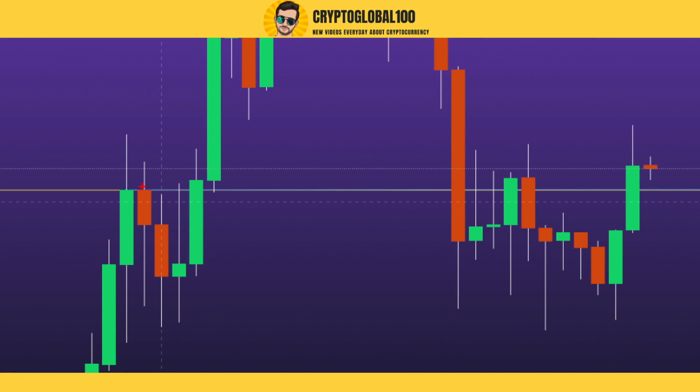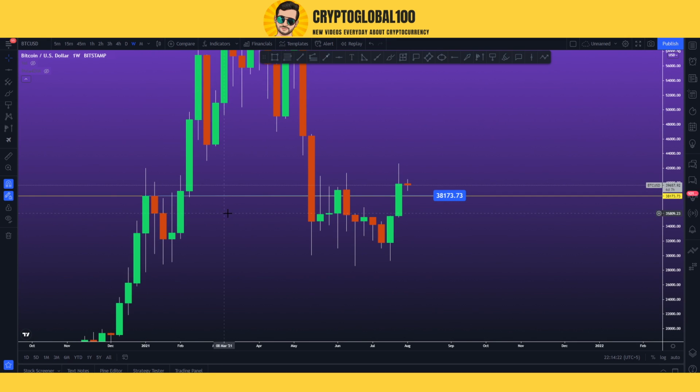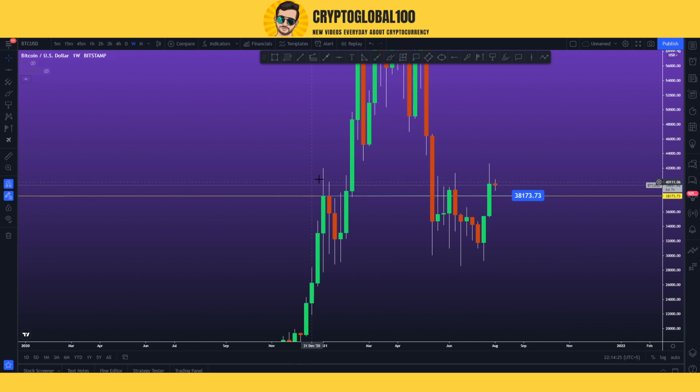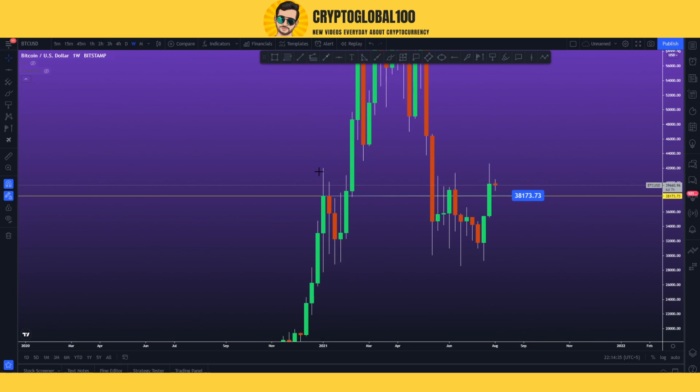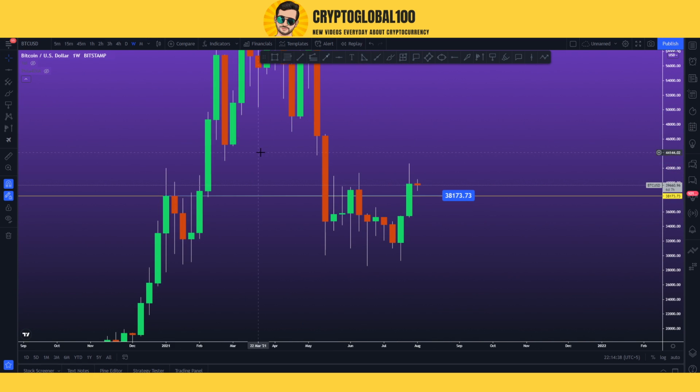You can see the next candle here, it opened here and closed at this area. This one opened here, closed at this area. It opened here, closed at this area. This candle came down and got rejected from this area. So we take this as the swing high. Why? Because you see no candle was able to go above this candle. So we are going to take this as the swing high candle in that particular region.